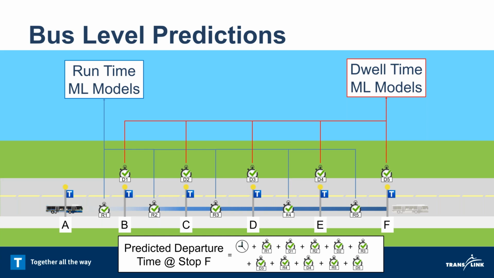Note that I said the model level predictions are updated for any bus on the route, not just the specific one I'm waiting for. So for example, if I'm waiting for the number 14 bus, but the number 20 bus also runs on the same stretch of road, my number 14 predictions will also use the number 20 bus's run times, because if you're looking at the runtime between, say, stop B and C, it doesn't matter what bus is running on it. It's still valid data for that segment.